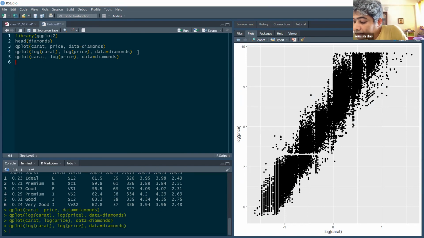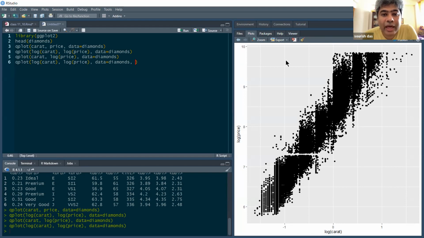One interesting possibility that you can try is qplot with log carat, log price, data diamonds, and then you can try color equal to, because I think if you go to the data description, you can put some third thing.